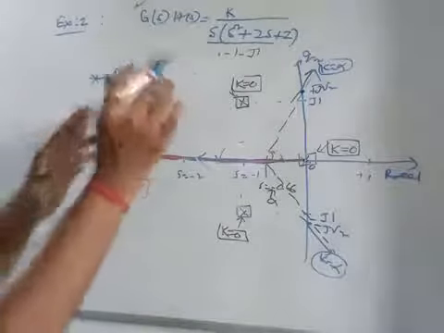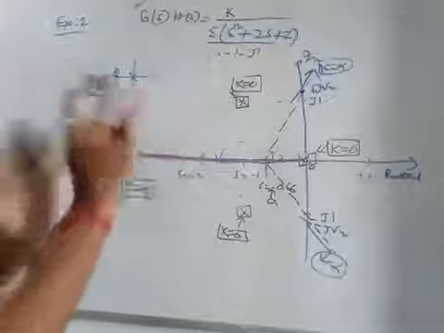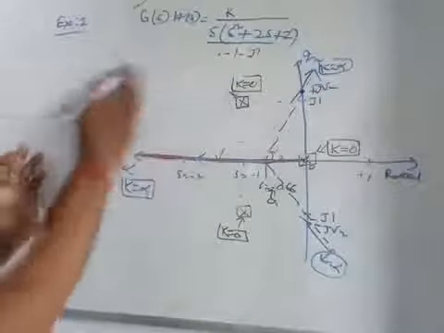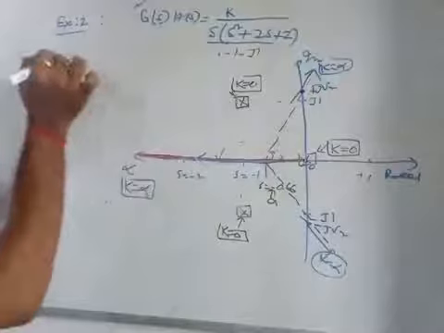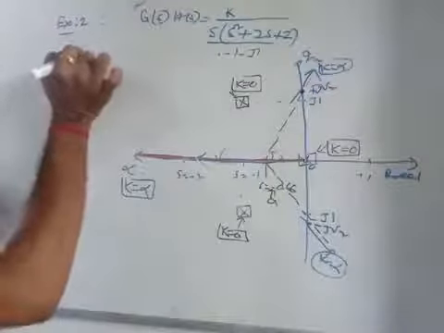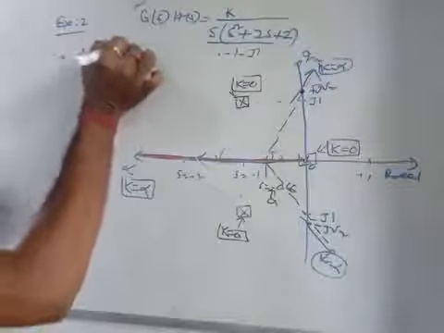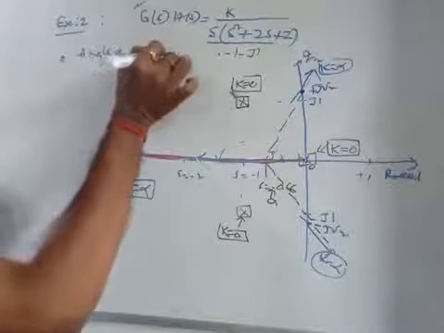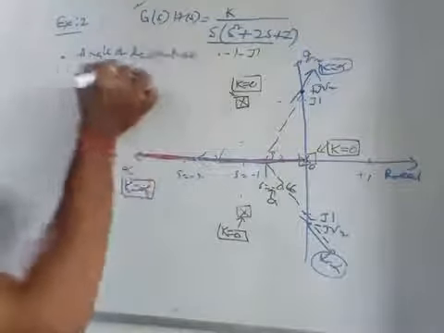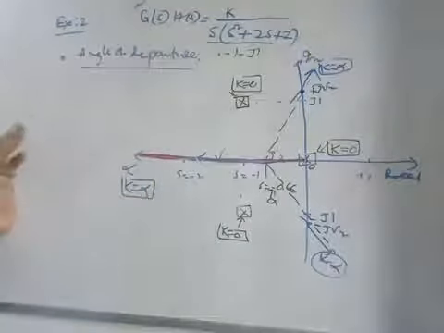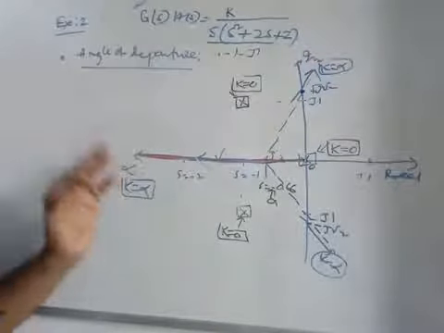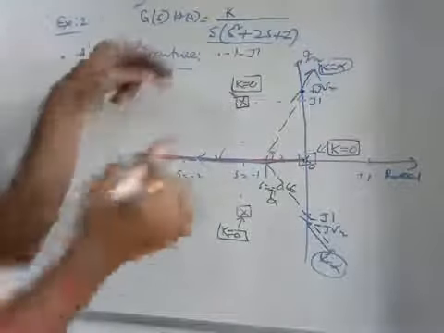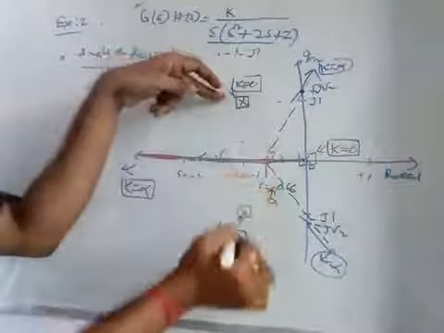But here in case of complex pole, that is not going to happen. So what happens? For complex pole, that term is known as angle of departure. Okay, so we will calculate the angle of departure for complex pole, and these two poles are complex conjugate